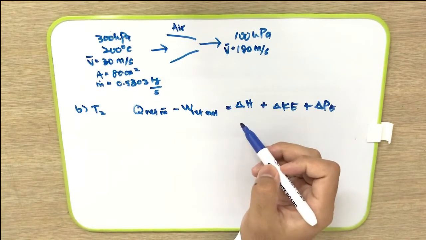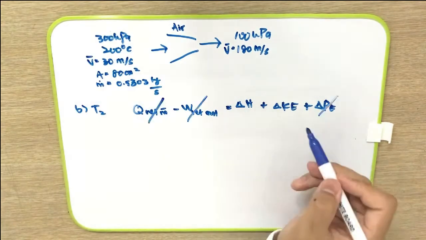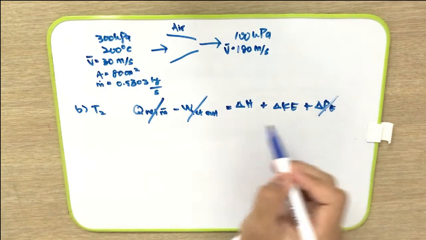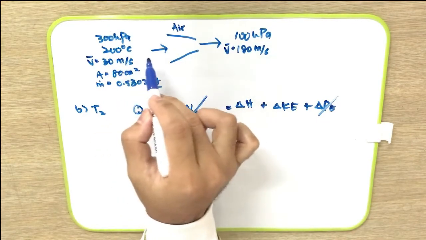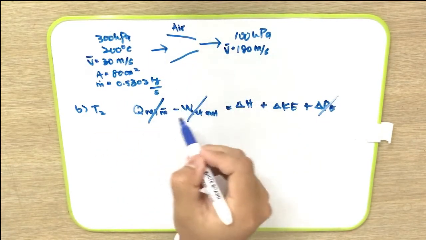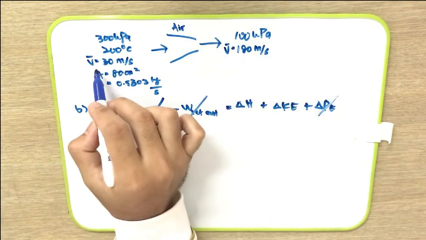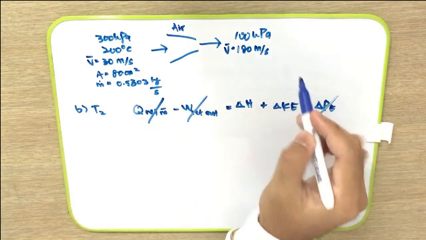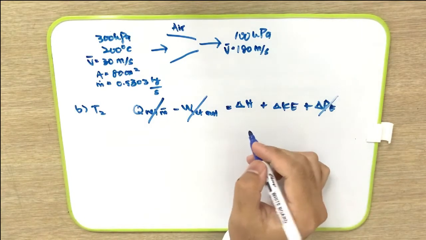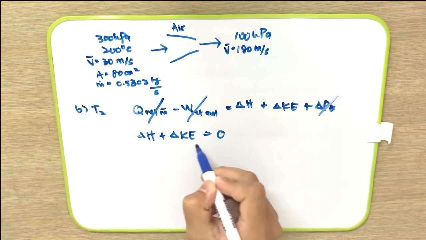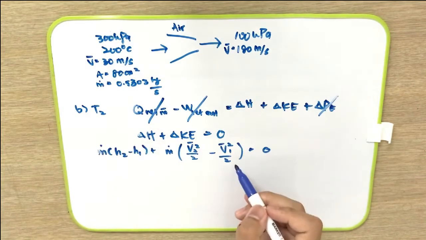Next, we have to find the exit temperature or temperature at the outlet or state 2. By using the first law of thermodynamics for open system equation, we can find the temperature. How? First, we neglect all the unnecessary PE, W and also Q. Because this is just a nozzle, the air just flows in and flows out from this nozzle. Q and W are neglected, but we are given the velocity for inlet and also outlet, so we have to take into account the kinetic energy. After we simplify it, we will get delta H plus delta KE is equal to 0. Then we have to expand this equation until we get this.